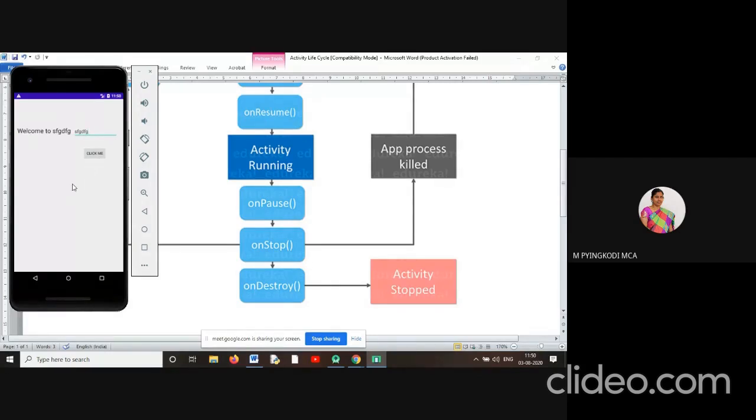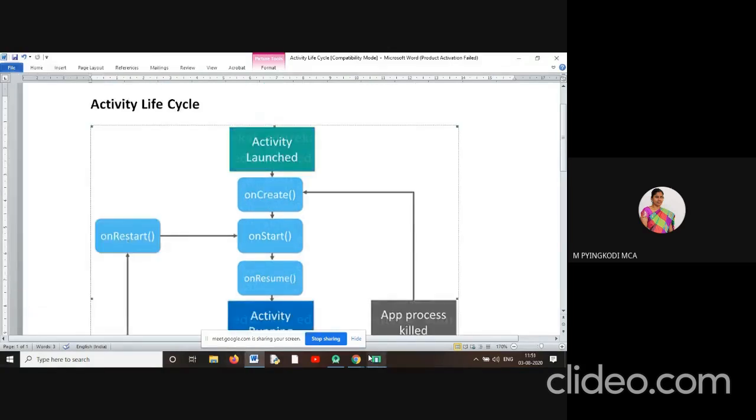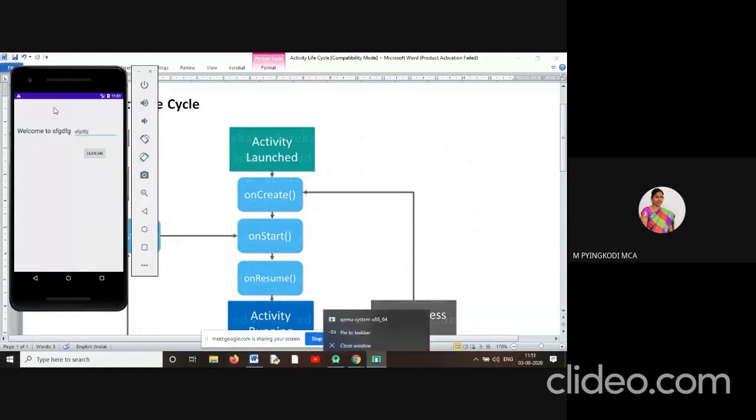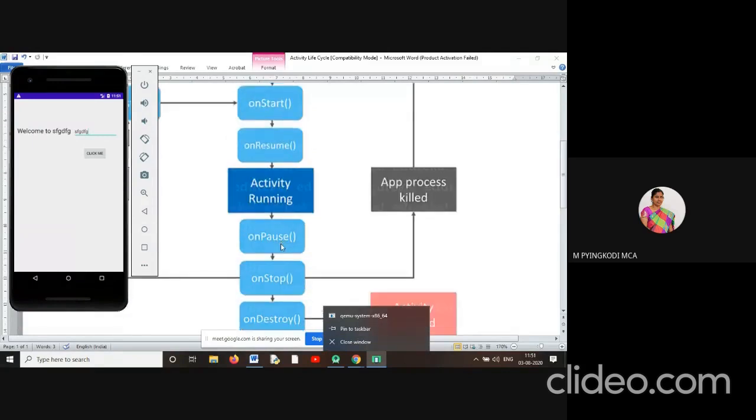In that case it will enter into onPause and then onStop. Then you turn the screen back on, and it will enter into restart and the activity is ready for use again, executing onStart and onResume.